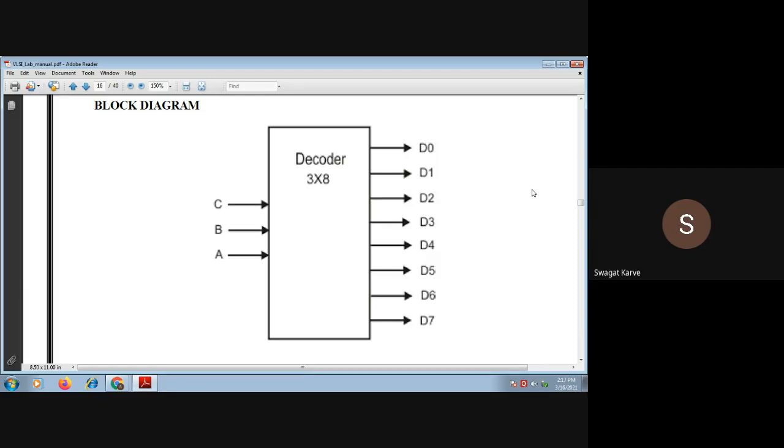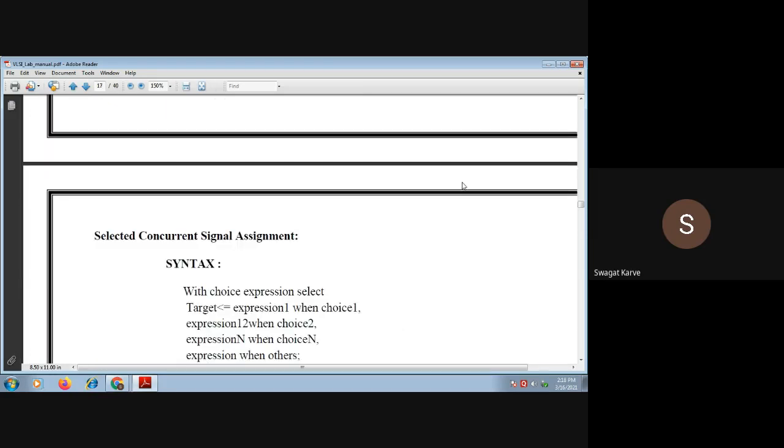This is a very simple block diagram of the decoder. Now we have understood the block diagram and how many inputs and outputs we require. Now for the same we have to write the VHDL code.